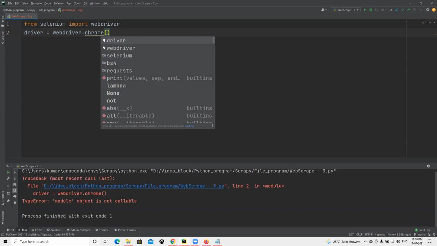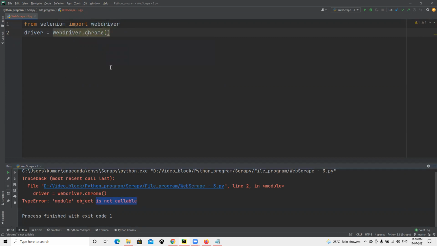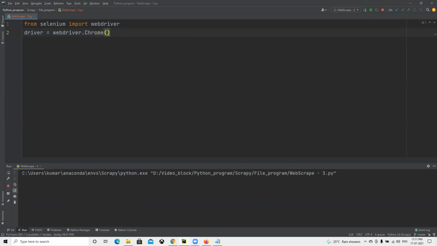Okay, so no, module object is not callable. I think this needs to be a capital C. Yes. Now I will try to run that.